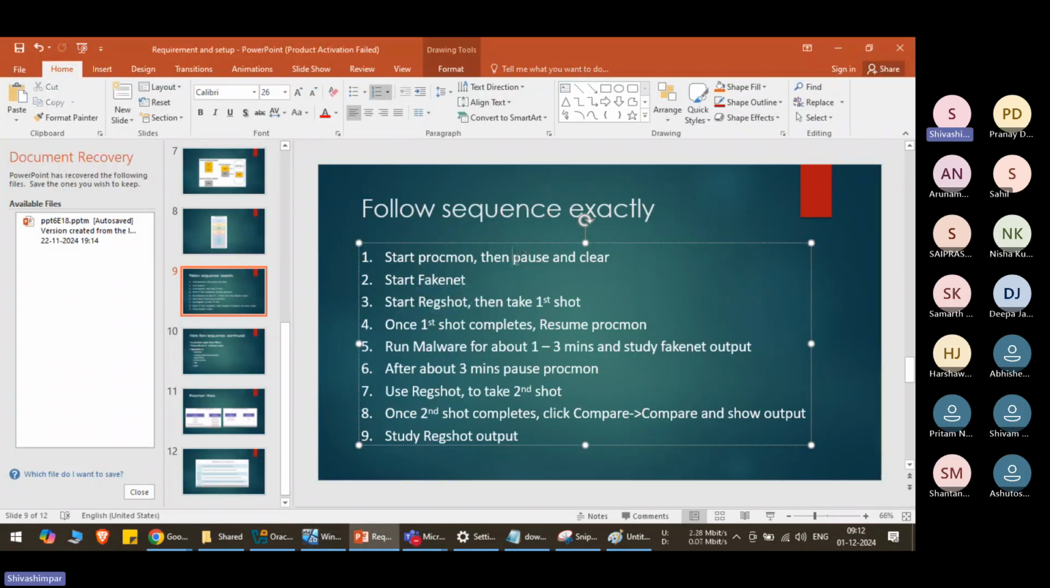First, we need to start the Procmon. We need to then pause it, and clear whatever it has captured earlier. The second thing is we need to start the FakeNet. So we need to immediately start the monitor